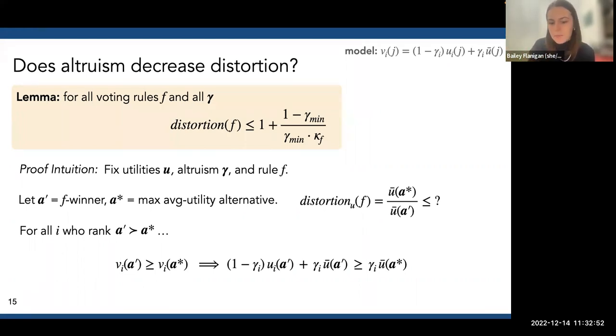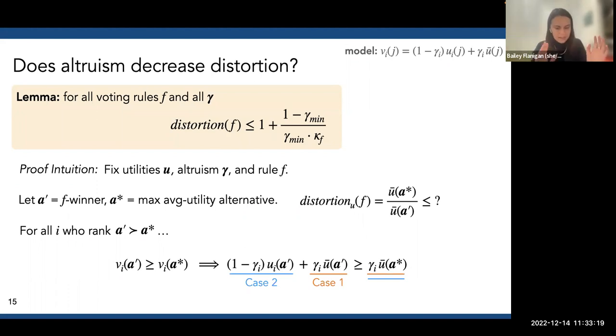Okay, and so to get the upper bound we want, basically one of two things will have to be true based on this inequality. In case 1, this right-hand term here, U bar A prime, is going to have to be at least half. Either this term is half of the right-hand side, in which case we get the bound we want immediately, or the left-hand term is greater than or equal to 1/2 the right-hand side.